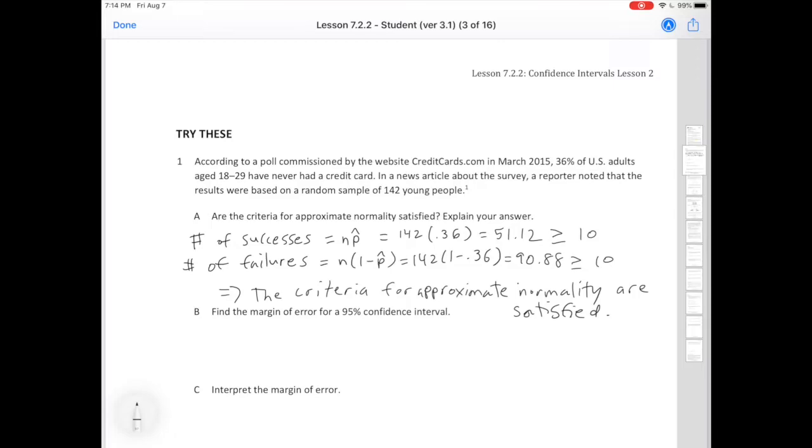Okay? So let's go to the next part. Find the margin of error for a 95% confidence interval. Okay, so we need to use our formula. We know that for a 95% confidence interval, the formula is 1.96 times the square root of p hat times 1 minus p hat divided by the sample size n. So this is 1.96 times the square root of 0.36 times 1 minus 0.36 divided by